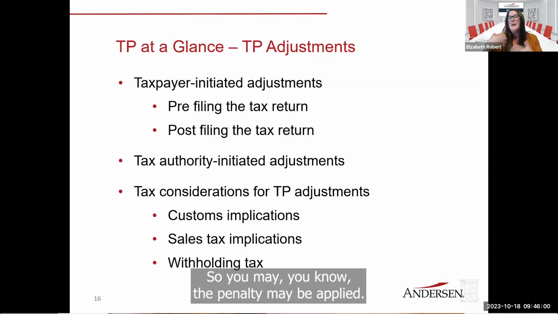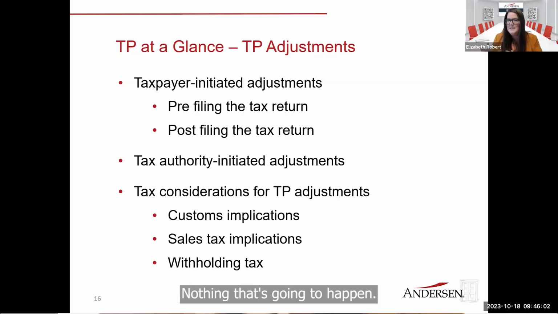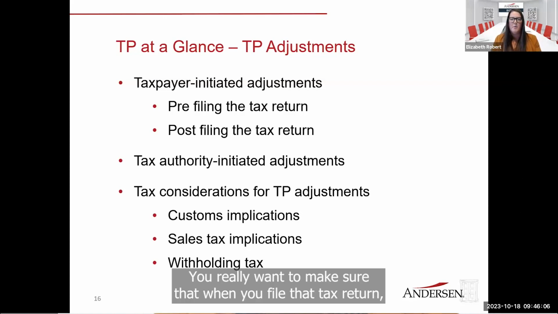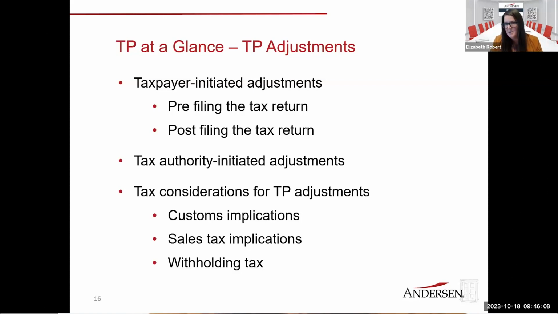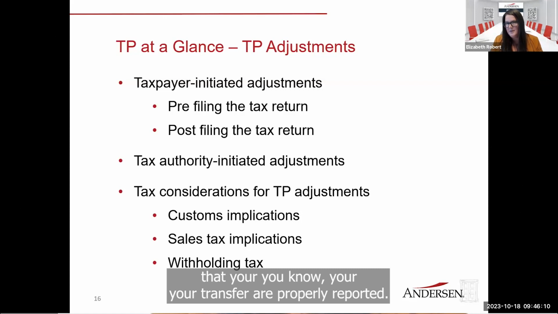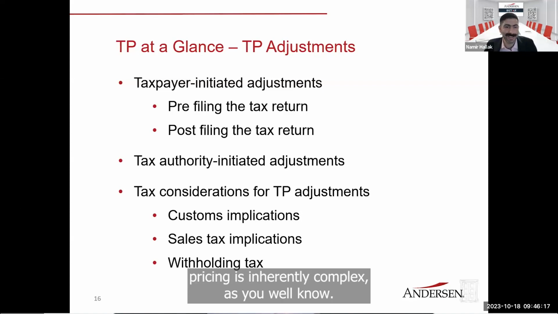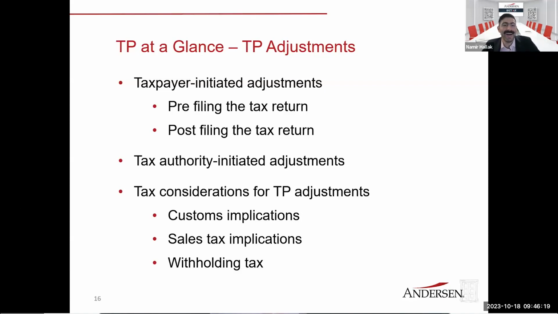So the penalty may be applied. Not saying that's going to happen, but it's something to keep in mind. You really want to make sure that when you file that tax return, your transfer prices are properly reported. And I guess, Elizabeth, because transfer pricing is inherently complex, as you well know,